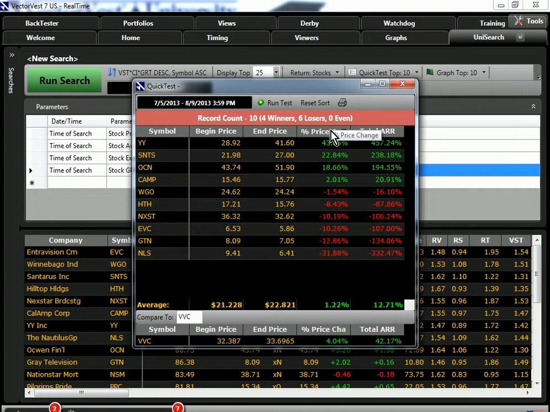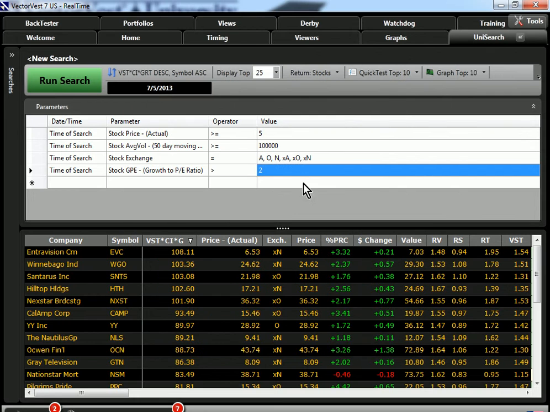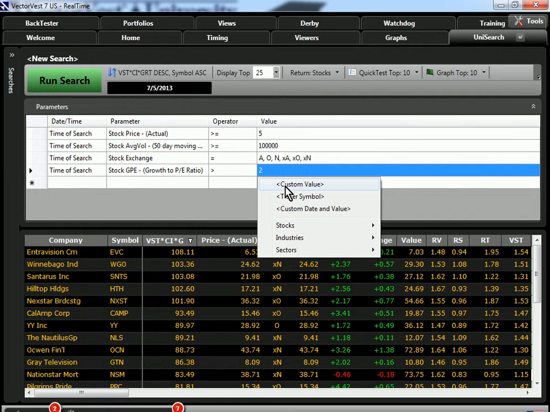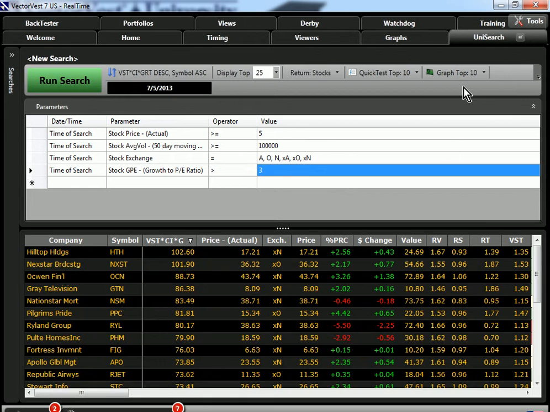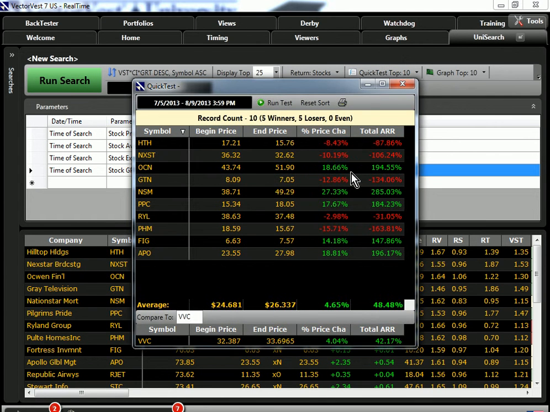Well, this was a little bit of a shock to me in that the performance wasn't quite as good, requiring an even higher earnings growth to PE value. So I said, well, I'm not going to get distraught by that quite yet. Let's see what happens if we start to raise it to 3 and 4 and 5 and so on. So let's close out of the test. Let's go right back into value, do a custom value of 3, run it again, do our quick test, and